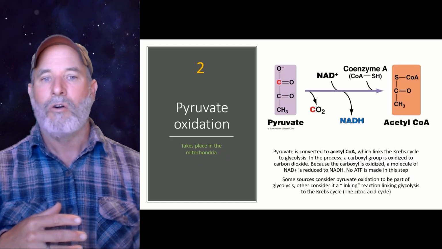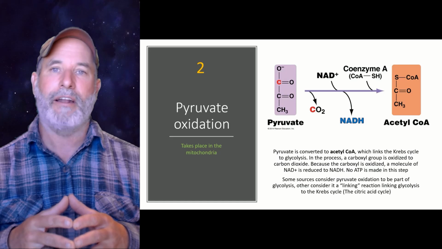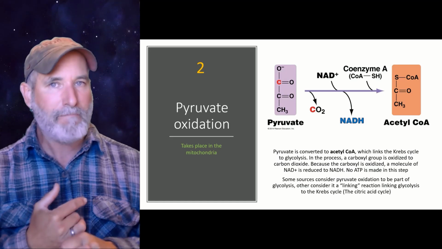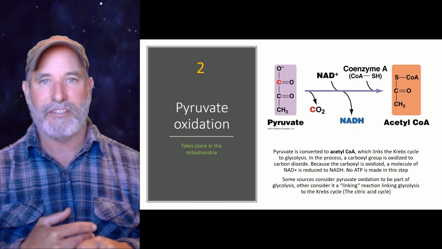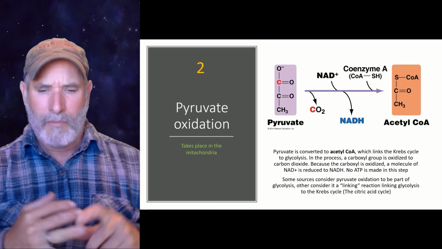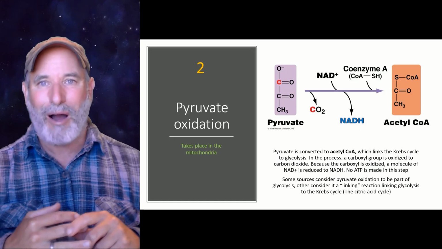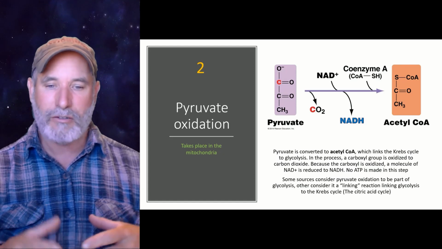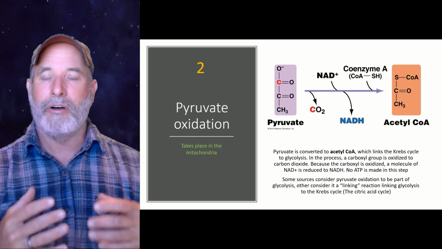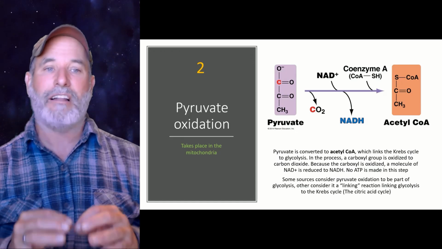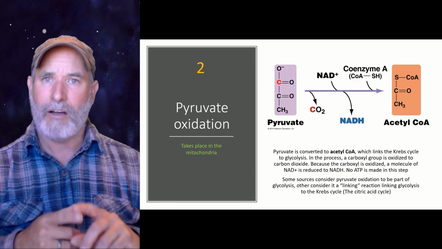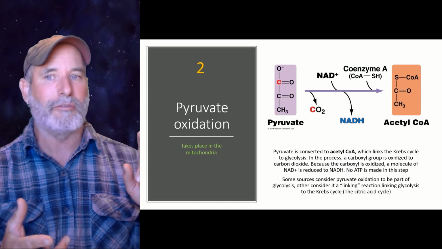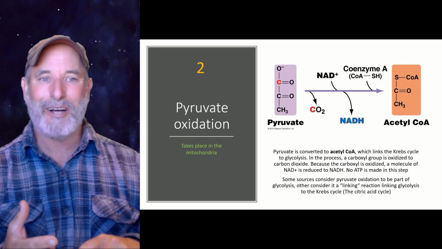But once there, we go to stage 2, which is pyruvate oxidation. The name tells you something. I'm going to take pyruvate and I'm going to oxidize it. It is also called pyruvate decarboxylation. I actually prefer that name. I know it sounds more technical, harder to say, but decarboxylation tells you exactly what's going to happen. Now, you guys remember your functional groups, right? Hydroxyl groups, carbonyl groups. Don't forget that carboxyl group.